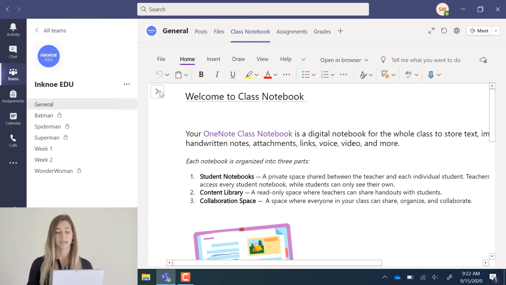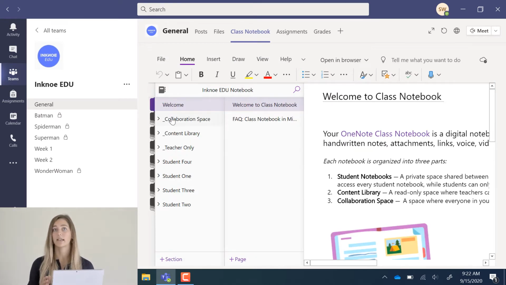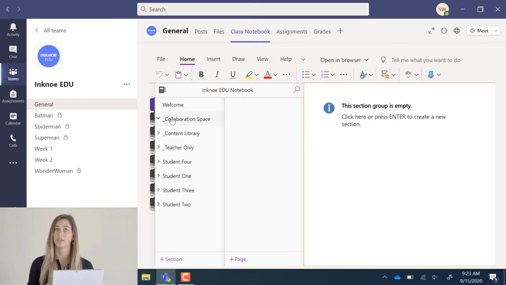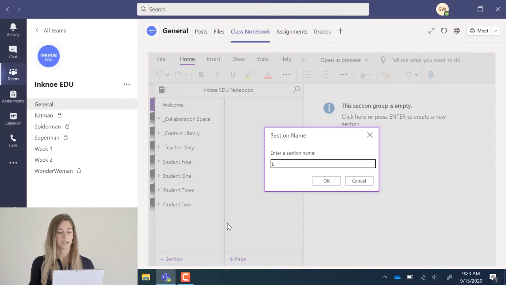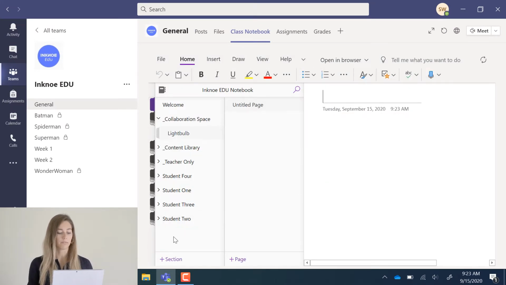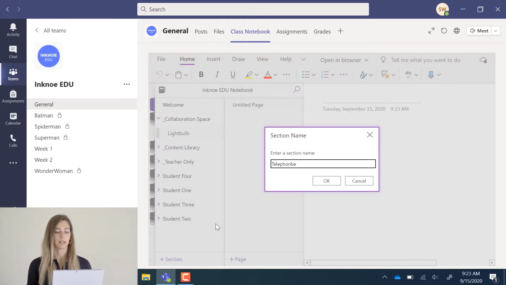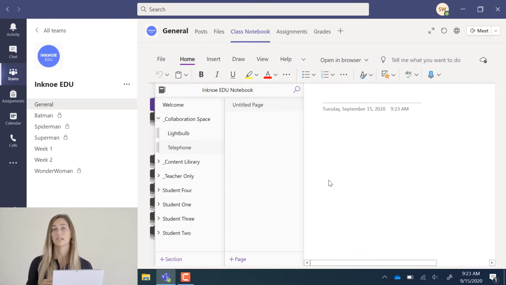So in Teams, we can go to the Class Notebook pivot at the top and go into our collaboration space. Here I'm going to add in a section for each one of my groups in this group project. Our group project is on inventions, so I'm going to title each section the title of that invention that the students have to do some research on. I can just click the plus button at the bottom, type in the name and hit OK. I will do this one more time for my second group and click OK. So now my students can go into their specific group and add in pages for their research.